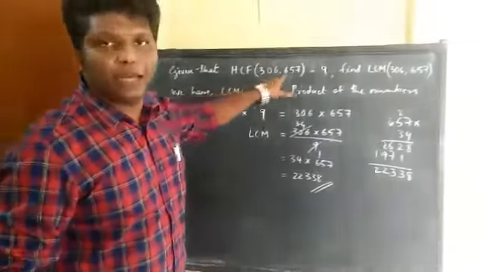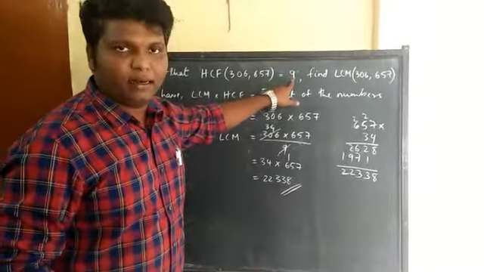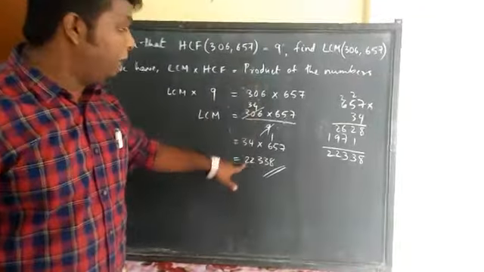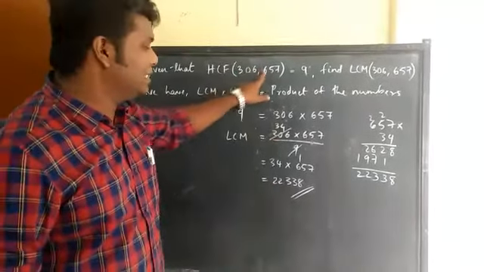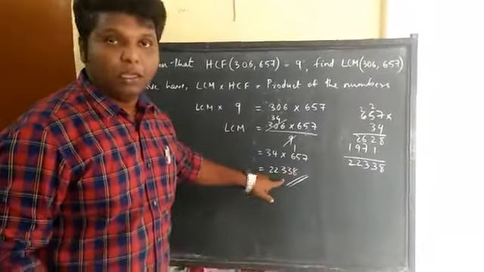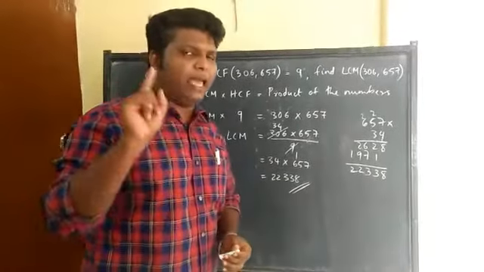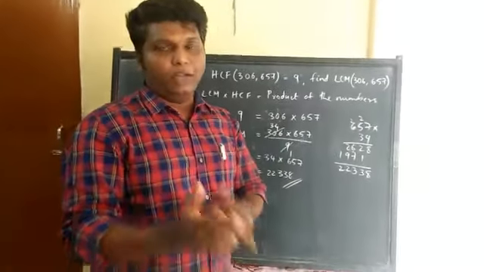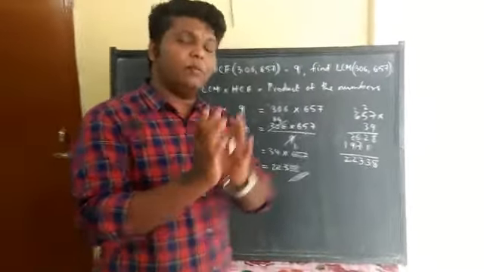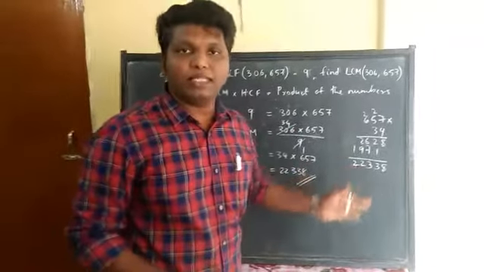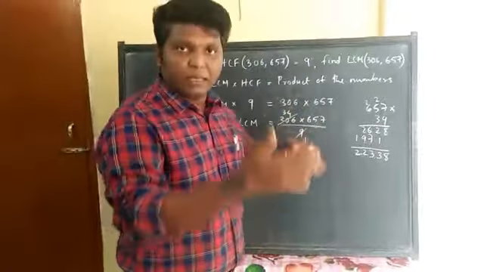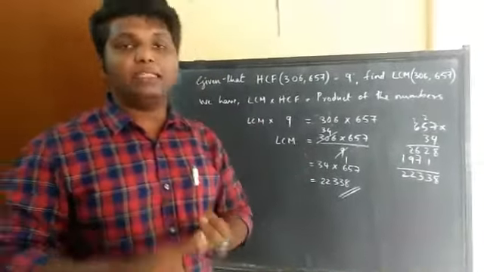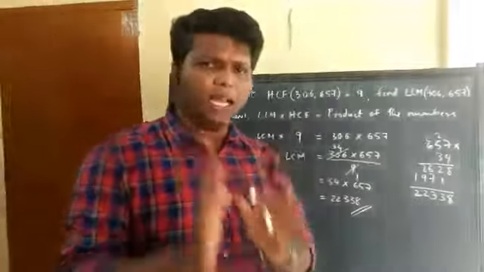See, the HCF of these two bigger numbers is 9. What about the LCM of the same two numbers? The LCM becomes a bigger number, right? Here it is a 3-digit number, and here it is a 5-digit number. So normally, keep in your mind, the LCM of any two numbers will always be bigger than those numbers. And HCF will always be a lesser number. LCM is a bigger number. HCF will almost always be a smaller number. Keep this in your mind.